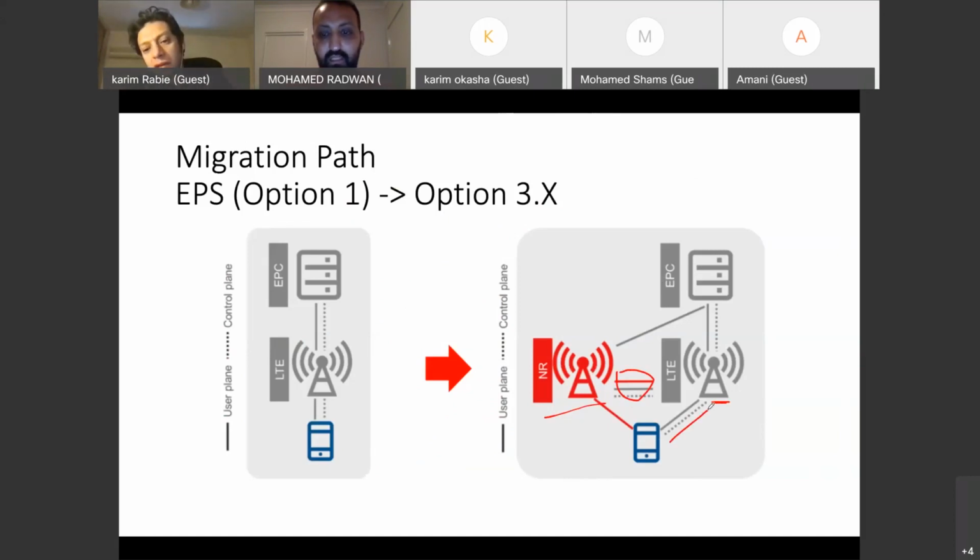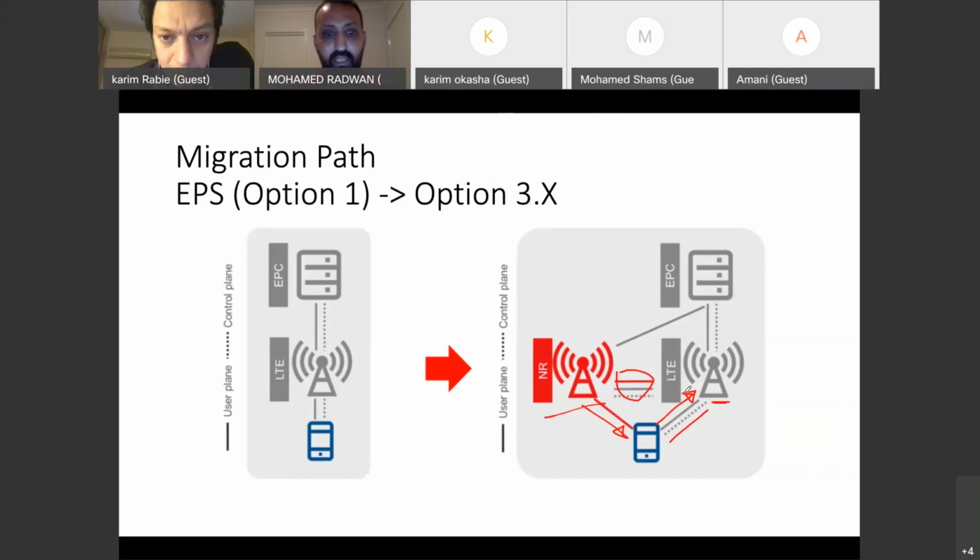The catch here is that most probably you will have two frequencies, right? The 5G and the 4G. So we will use the 5G band for the downlink, and in the uplink, most probably we will use the 4G 1800 band. That's how most of the operators are doing it: using the 5G for the downlink and the 4G band for the uplink.